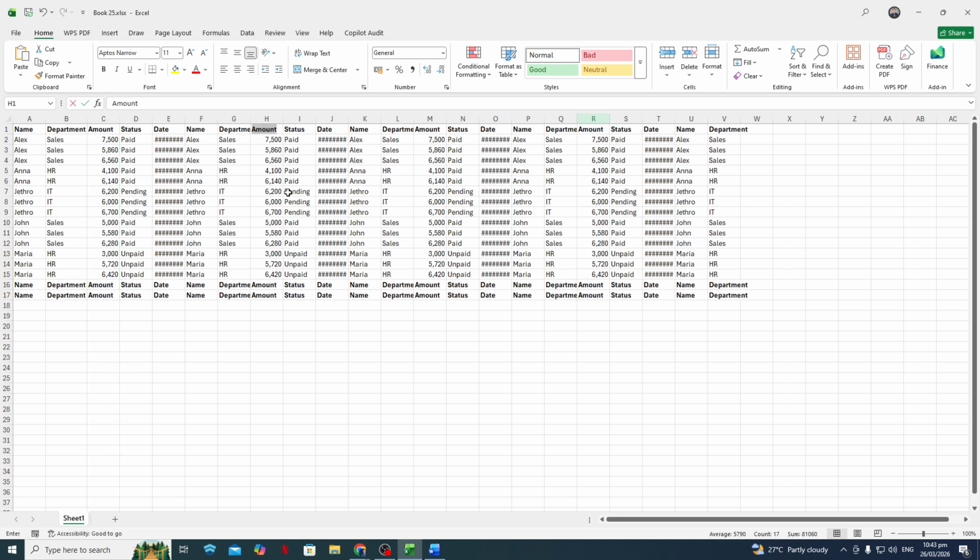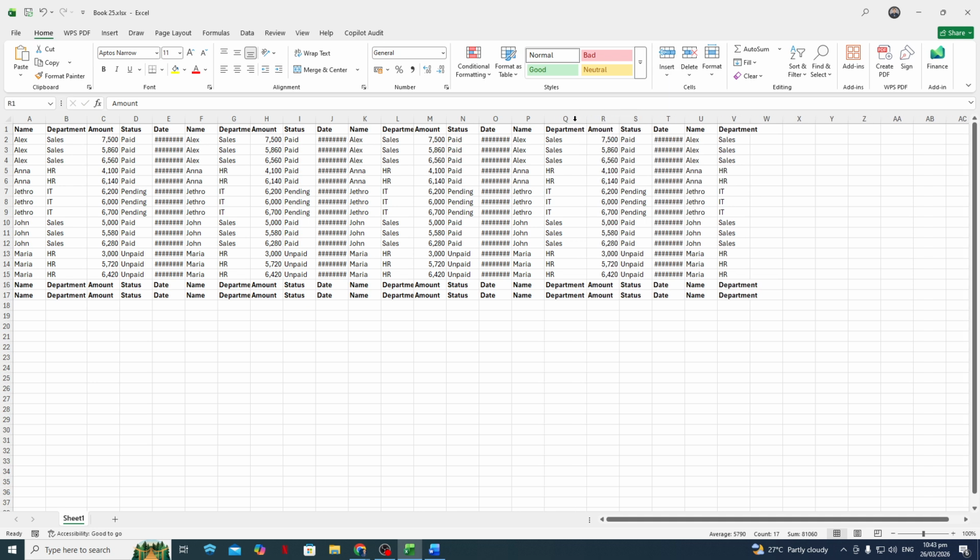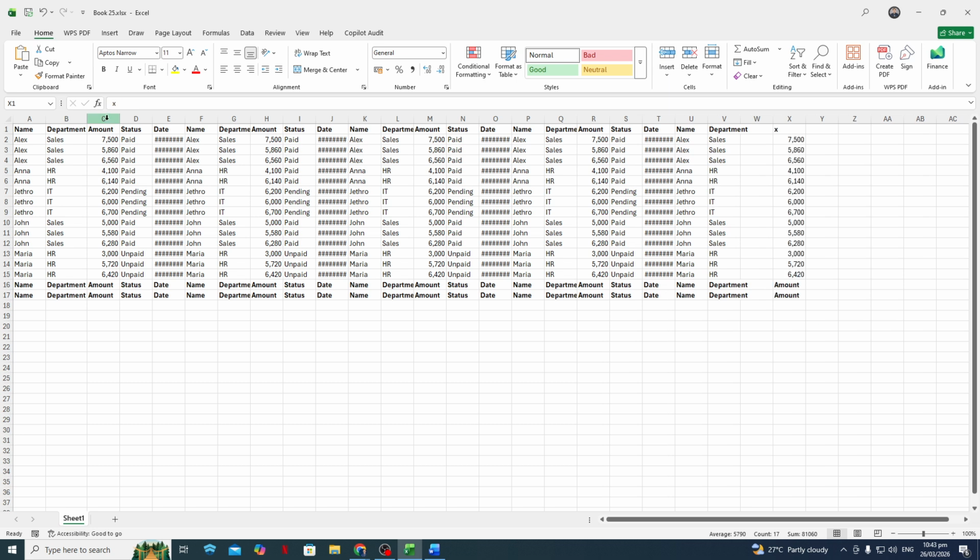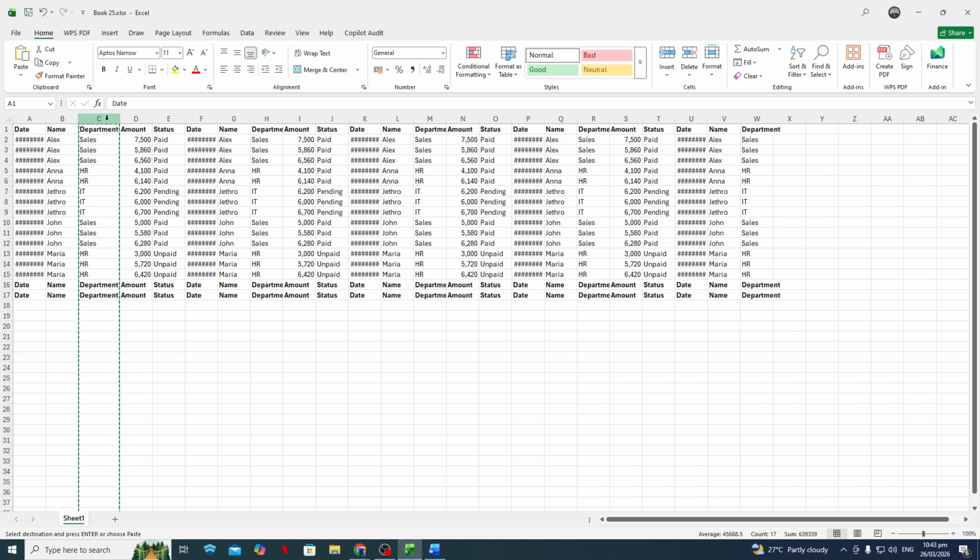Here's the important part. Instead of doing a normal paste, we're going to paste only the values. Right-click on the same selected area, or on the place where you want to paste the results. In the context menu, look for Paste Special. When the Paste Special menu appears, choose Values. In newer versions of Excel, you might see small icons